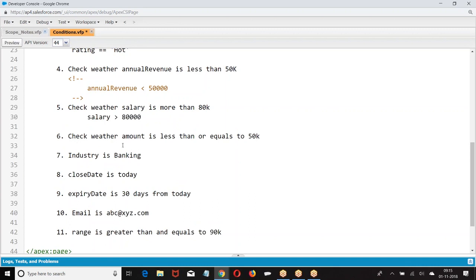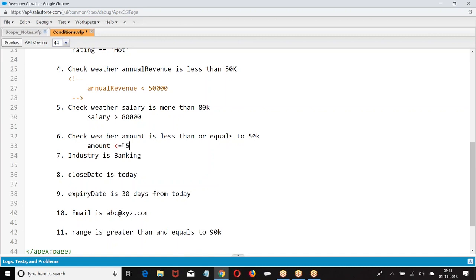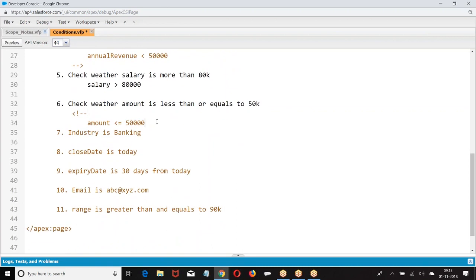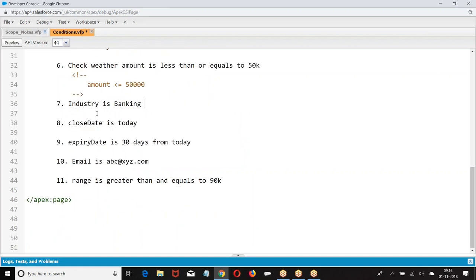Amount is less than or equal to 50K. Basically, if I use this symbol, there will be an error for me in the VF page. That is the reason I am putting the comment, to avoid the saving error. Amount less than or equal to 50,000. Industry is banking.